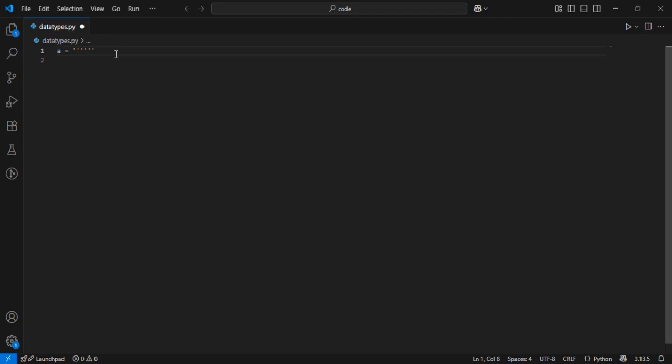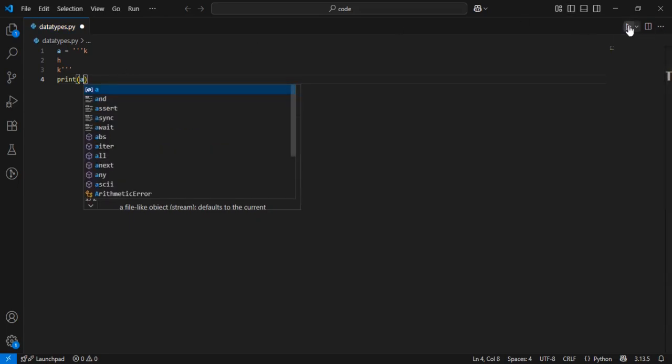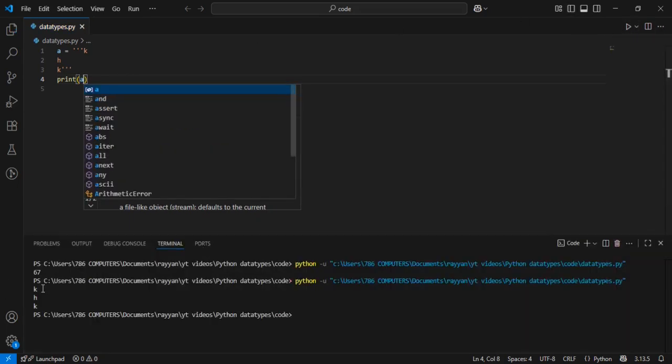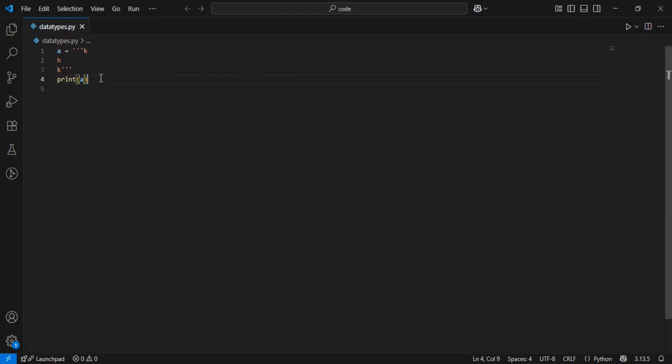So if you want to store a multi-line string, you have to do it using three quotation marks. And when you try to print this variable, it will display on multiple lines. You can see here. So those are strings, and you can access one part of the string, or one letter if you're writing multiple words,